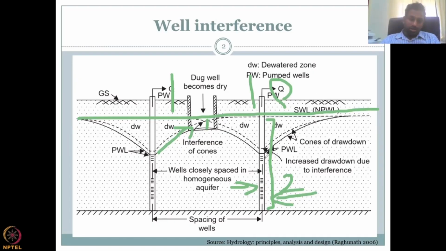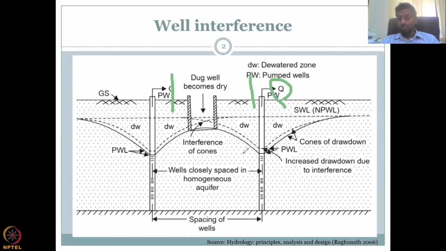Because of this pumping, initially the water table was this high, and it went down by a del H. From there, it doesn't only take the water which is in its surrounding, but also pulls the dug well water before it goes dry. I'll erase all these things to just show you the initial dashed lines. The initial dashed lines were the initial water level. And then when you start pumping, and here the water may or may not be pumped from the dug well, it is not relevant here, because this water table goes down not because of the pumping of the dug well,